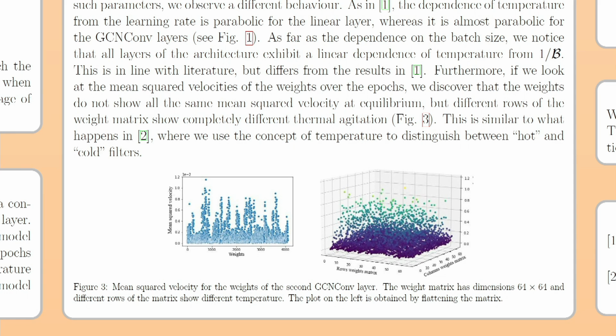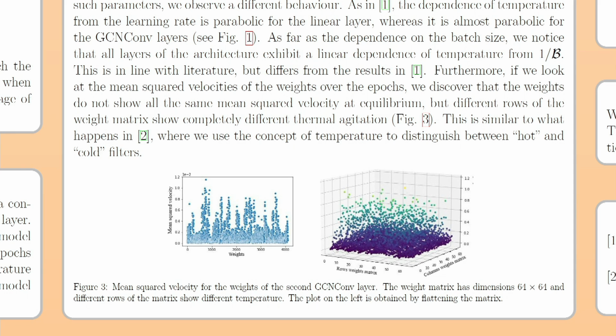So the concept is that this thermodynamic analogy allows us, in this case, by looking at the velocity of the parameters, to see that some parameters really change a lot, even if the training has finished, and have a high variation. We see it here for the GCN, but also for the CNN, in which we actually discovered that by eliminating cold or hot filters, we had completely different behavior.